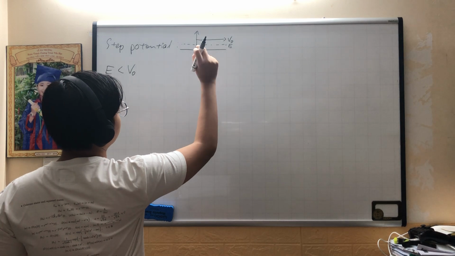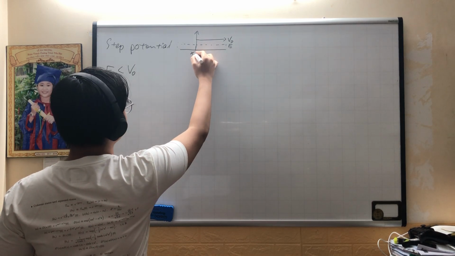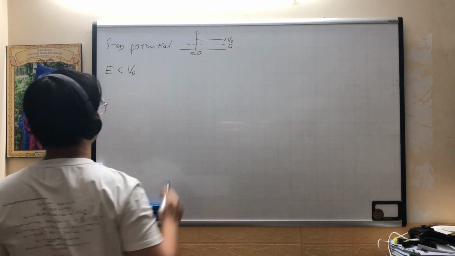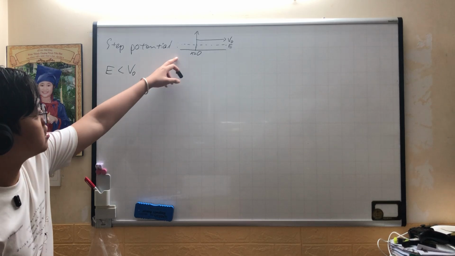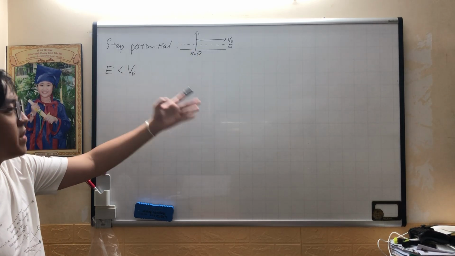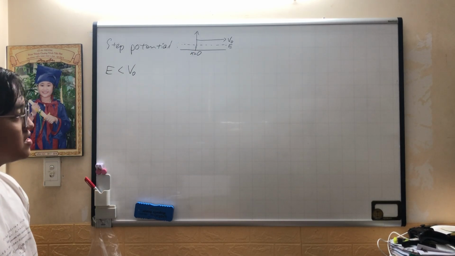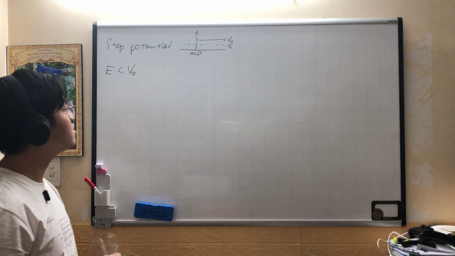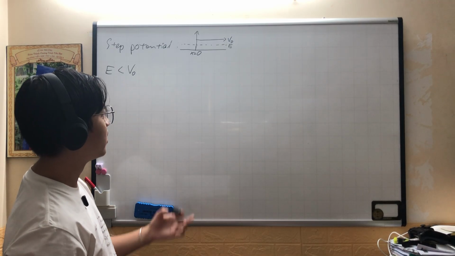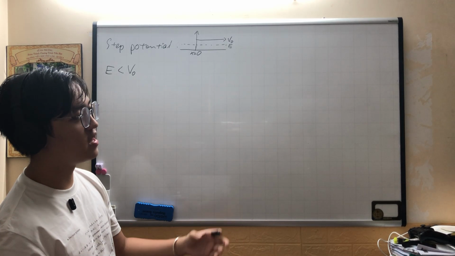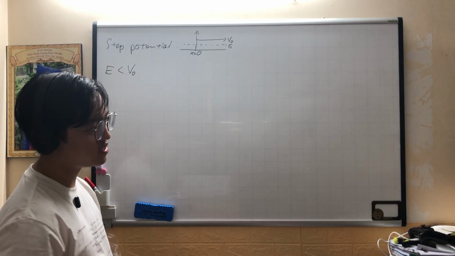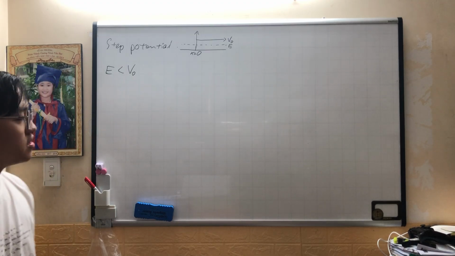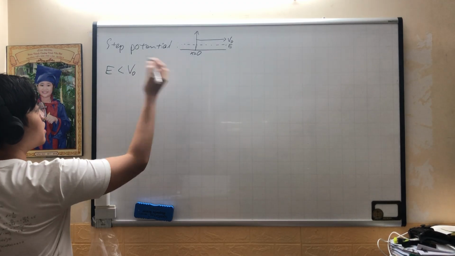When you have your E less than your V naught, classically, it would just hit the wall and bounce back. But this time, it's not going to be like that. Something is going to leak through it, and that would be quantum tunneling. Okay, so in this system,